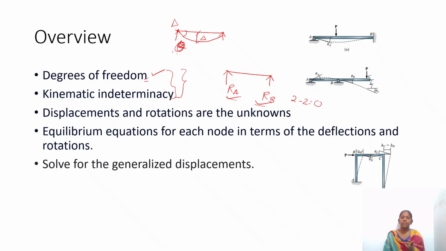So the displacements and rotations are the unknowns here. The equilibrium equations for each node in terms of deflections and rotations should be made. Some equation is to be made in the slope deflection method for each span of the beam in terms of deflection and rotations at each node. So we have to solve for these equations by keeping some equilibrium as well as compatibility